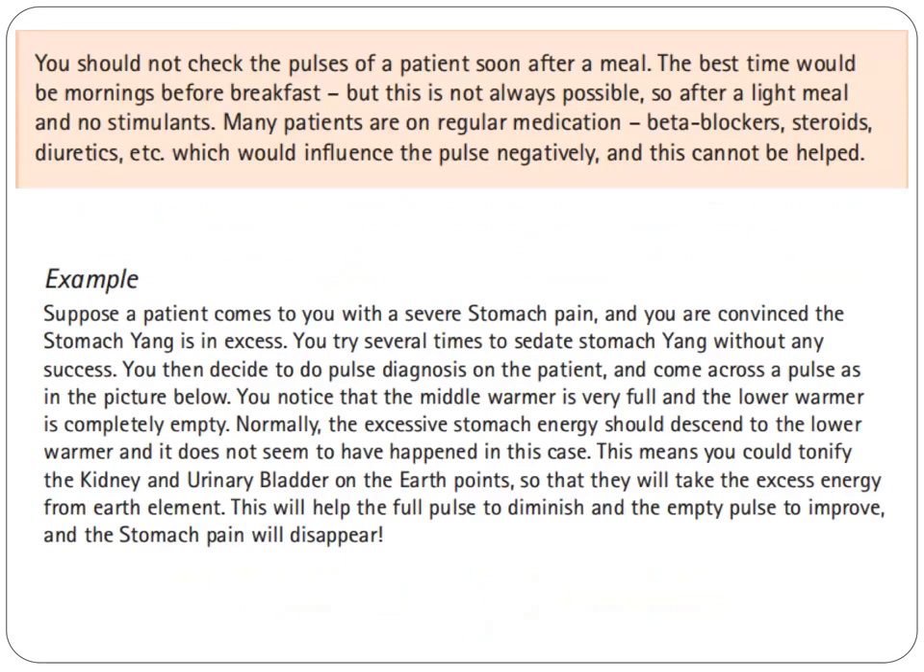You should not check the pulses of a patient soon after a meal. The best time would be mornings before breakfast, but this is not always possible, obviously. So after a light meal and no stimulants. Many patients are on regular medication like beta blockers, steroids, diuretics, which would influence the pulse negatively, and this cannot